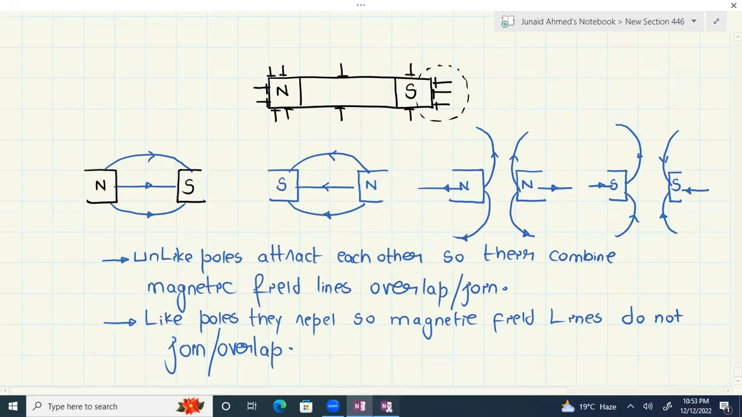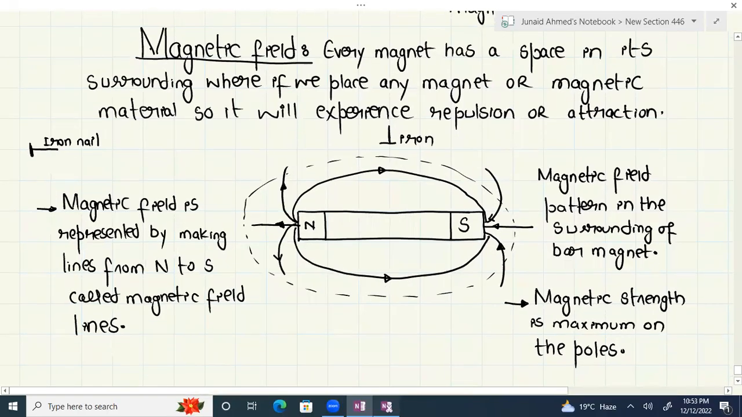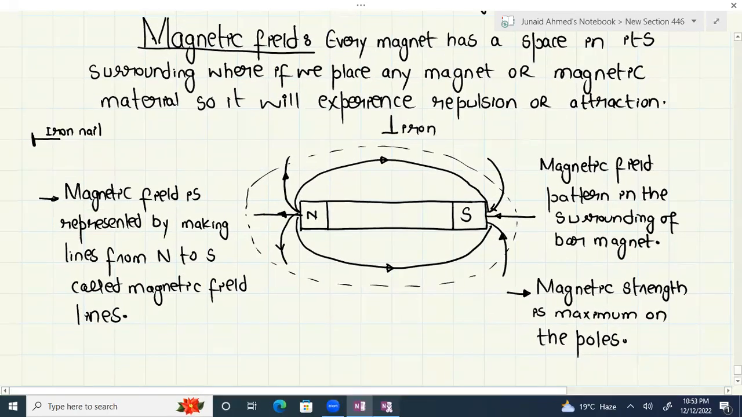A magnetic field is basically just a region in the surrounding of any bar magnet, in the surrounding of any magnet, in which it can exert magnetic force of attraction or repulsion or any other